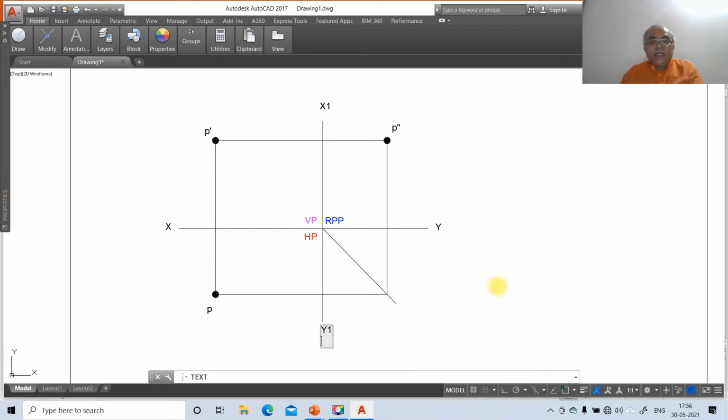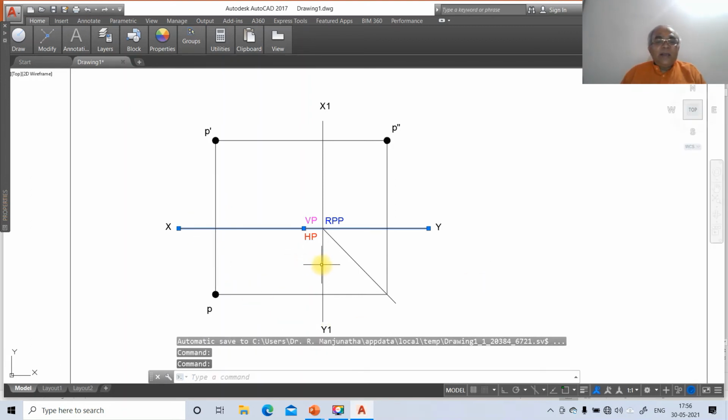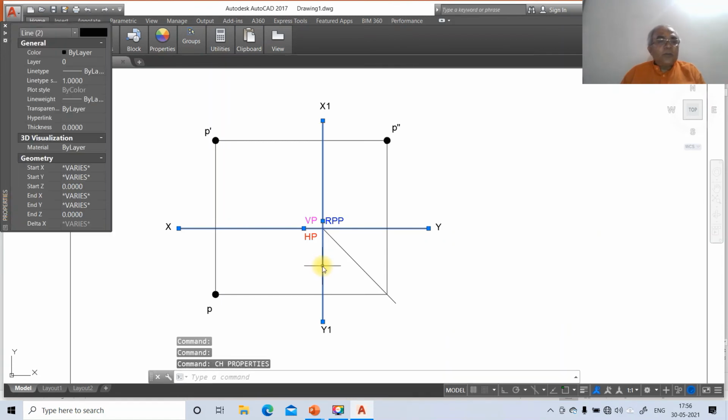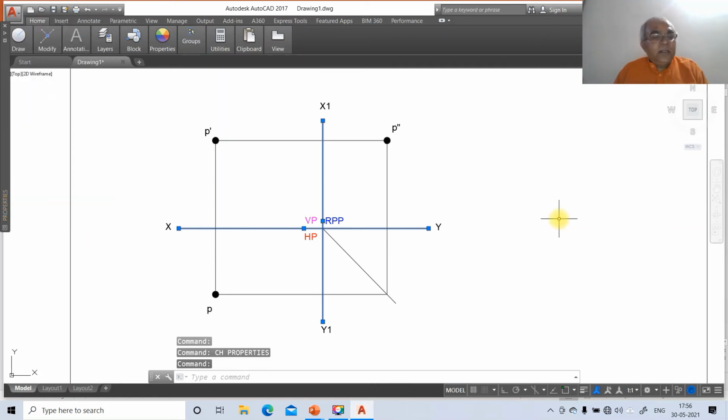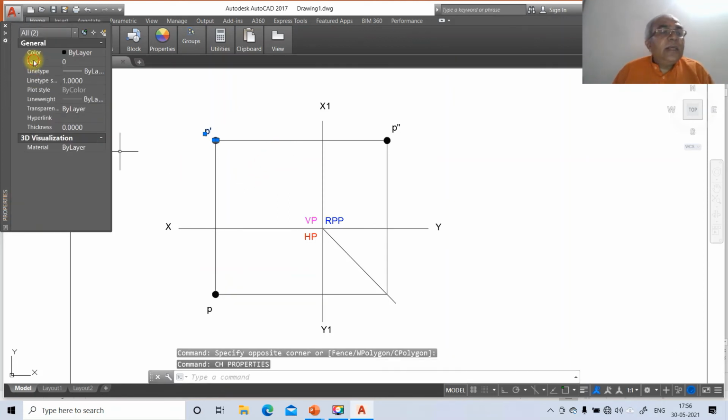Then enter key. Then you select this line and this line and change this to XY layer. Go to layer, then XY layer. What happens? The line thickness will be changed, and then here you select these two, go to CH, that is layer, and change that layer to front view.